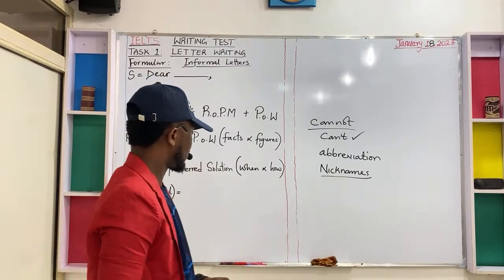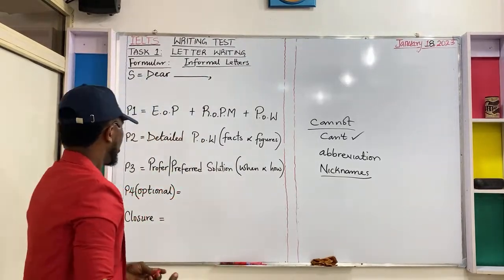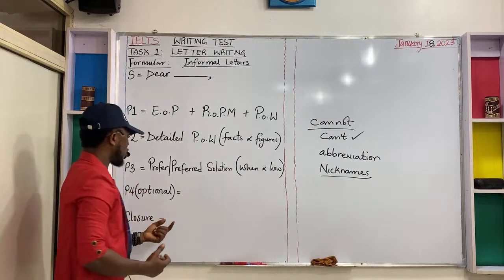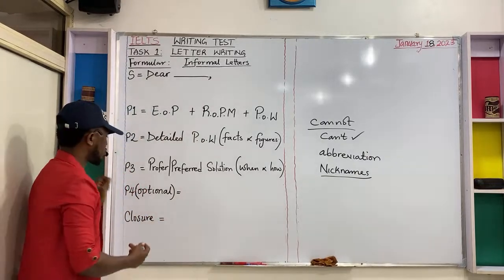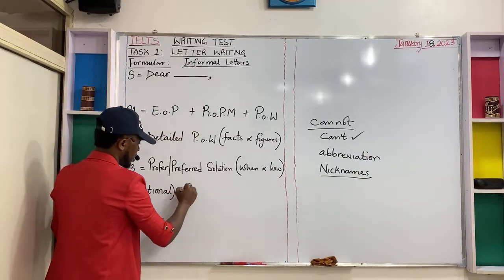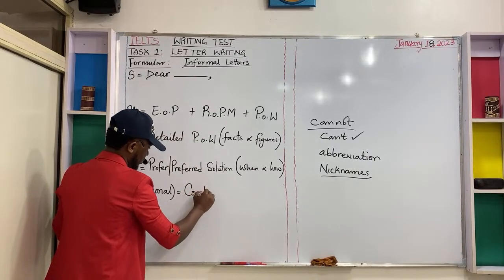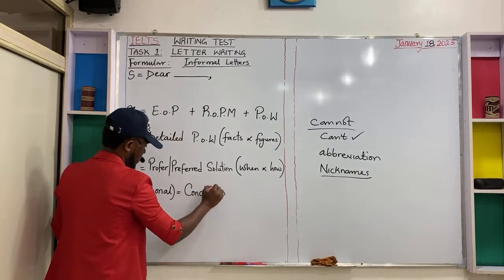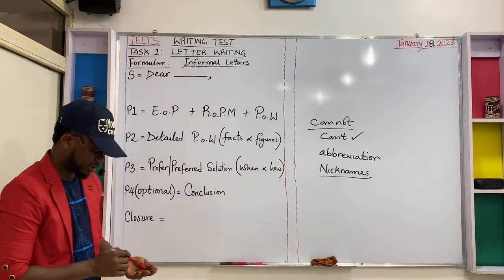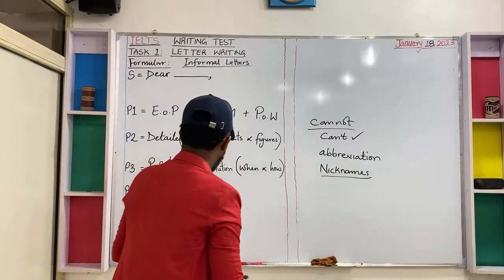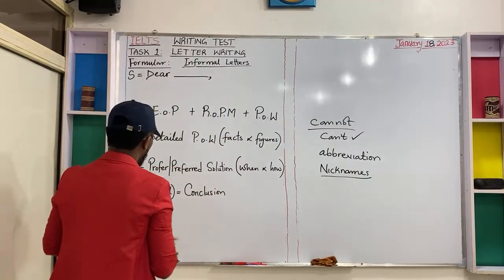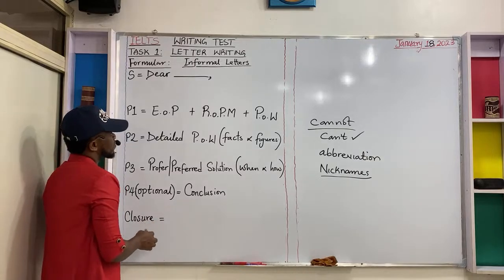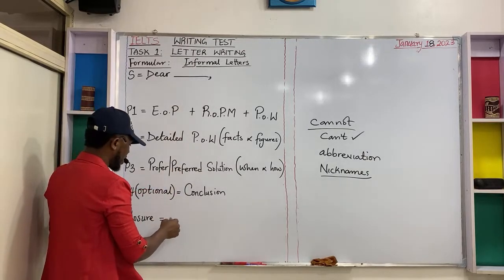Okay? Then your paragraph 4, which is optional, what you're to bring in right here would be conclusion. Then at the end of the day, you also show off closure. And closure in an informal letter could be